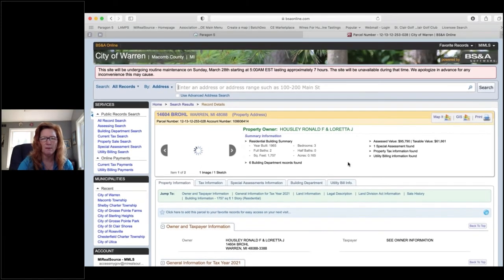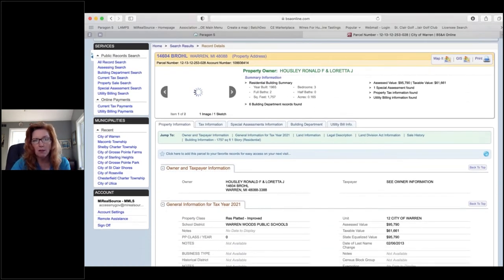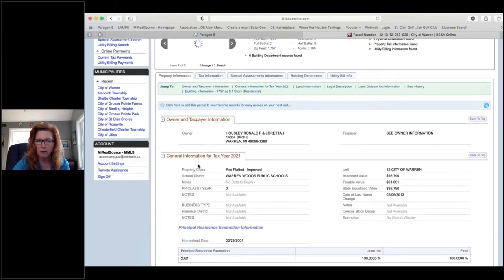As soon as that photo comes up, we will go grab that. So here you have 1965, 2 baths. The square footage is only 1757. So I'm going to make an adjustment in my records. So 1757 for BS&A, and we're going to have to find out what it really is. So we will go back. When we meet with the homeowners, maybe I'll measure the square footage myself. Maybe I'll find out if they have an appraiser's report, something from there. So you have your owner information, general information about the property,